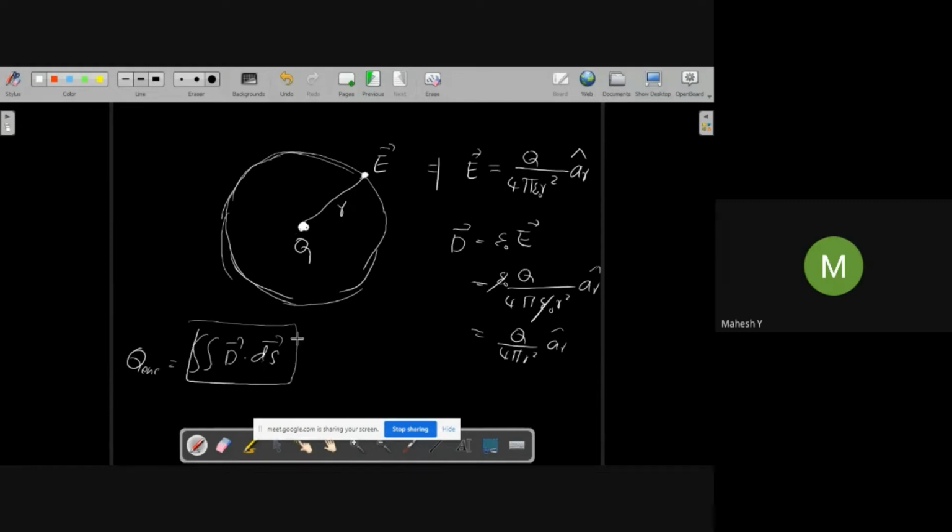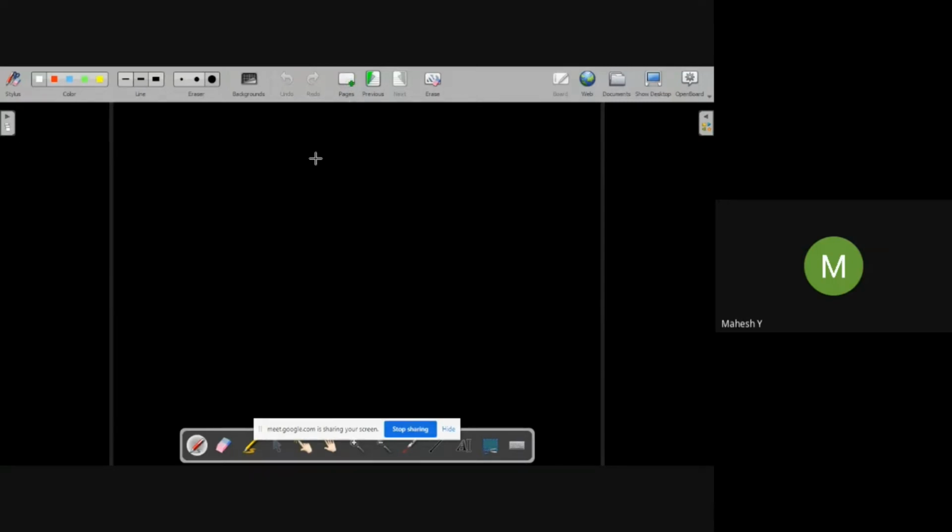Then I can prove that Gauss's law is correct, right? So I got the expression for D, that I know now. Now I want the expression for dS in a spherical coordinate system. So what was the dS for a surface? If you remember, once we have discussed this. If these are x, y, z, if you consider a part of a sphere like this,